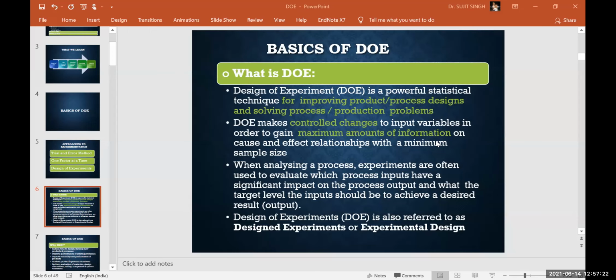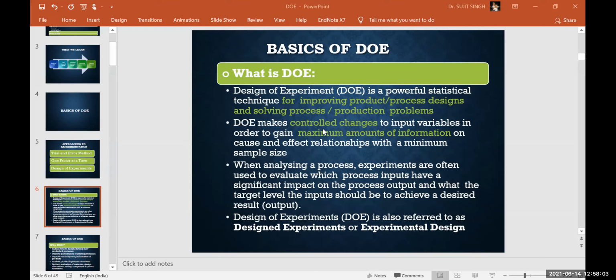Like, if you take the example of one factor at a time, that requires a lot of experiments to perform. But if you apply the design of experiment concept, it requires very little time to get the same kind of result or information. So your time will be saved, and you will use fewer resources to get the same information. And design of experiment is going to help you have an edge over your competitors.